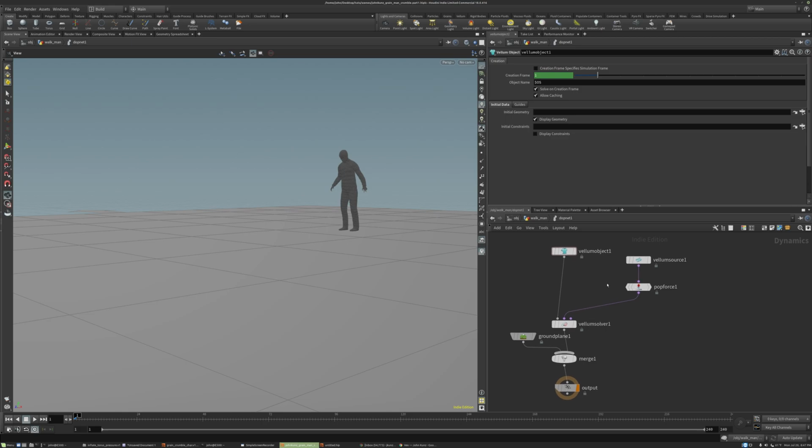So if we just go ahead and press the up arrow, we can play our simulation and see what we get. Things are working, our force, our gravity is working, our particles have been imported into the simulation, and things are moving around, they're hitting the ground plane. It doesn't look terribly good. It looks like you just kind of dropped a big sack of marbles or something like that. Everything's bouncing around way too chaotically. Everything's sliding way too far. It's kind of like you're on an air hockey table or something like that, and things are just drifting around